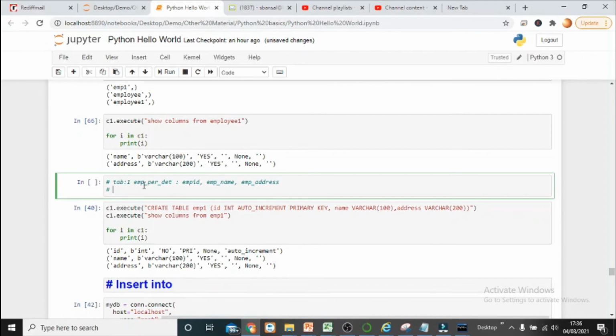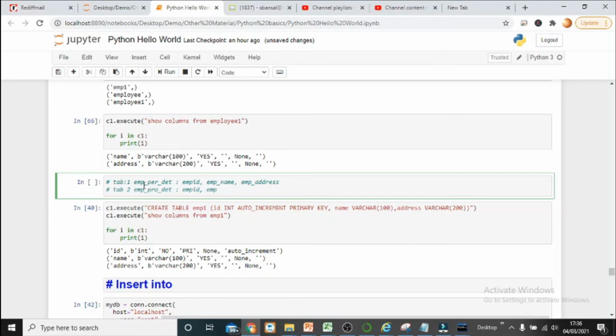And then we are going to have table 2, which will have employee professional detail. So this will again have EMP ID, that is employee ID, then employee name. If you want employee name, that's fine, but otherwise employee ID is sufficient.